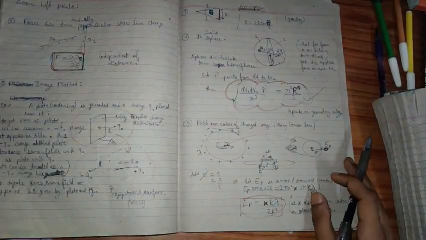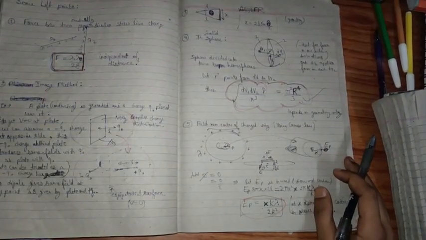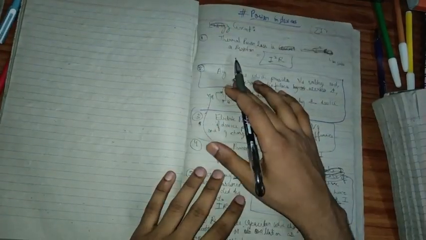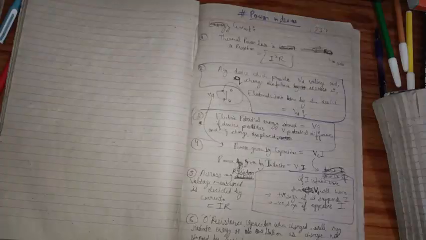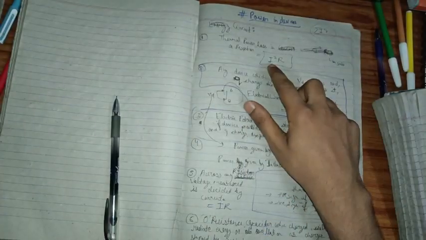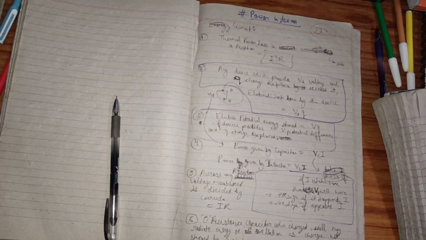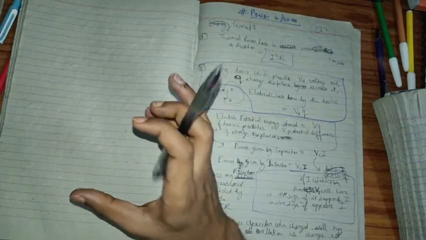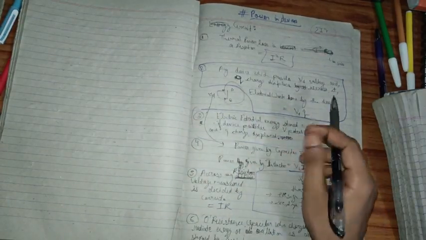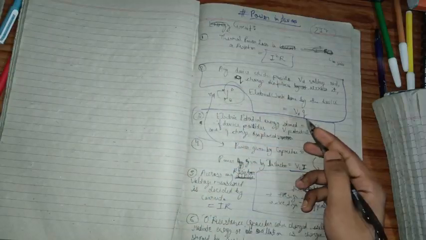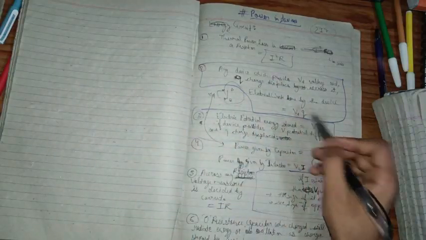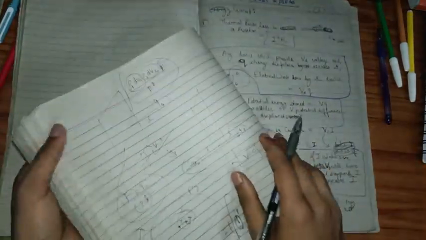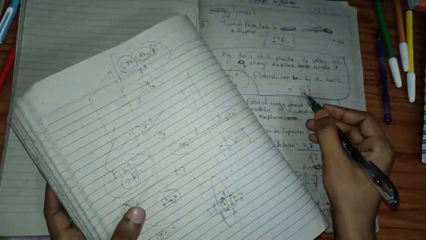and R is the resistance of the resistor, where R is the actual ohmic resistance. If any device has VD potential difference across it and the charge displaced across it is Q, then the work done by the device is equal to VD times Q. But whether this value would be positive or negative will be decided by the VD value and the charge Q. Let's say we have a positive potential here by any cell, positive side here, negative side here, and in any circuit, let's say from this side a plus q charge moves in this direction and a minus q charge comes into this side, then in this case,